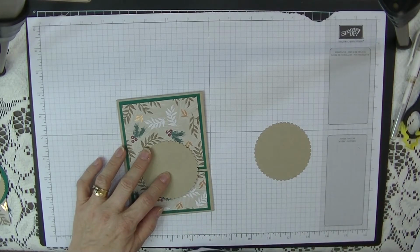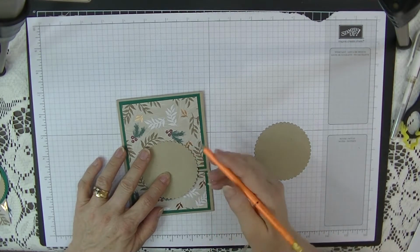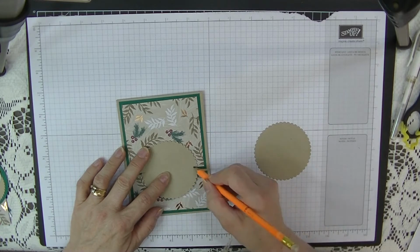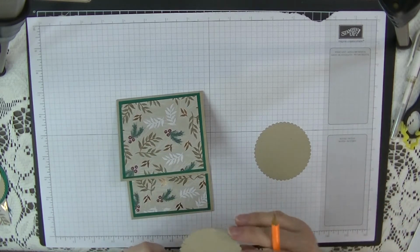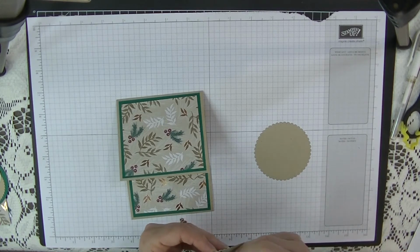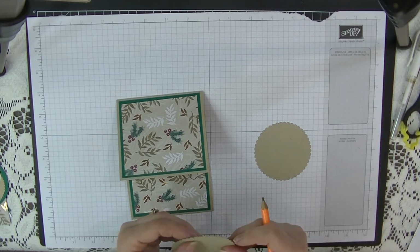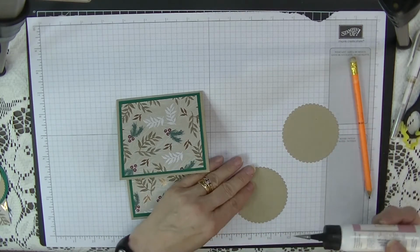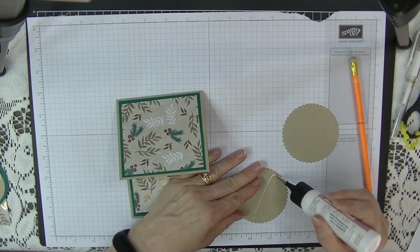And I need a pencil. I forgot I need a pencil. I'm just going to mark this just here on the inside, because this is the inside, so we're not going to be able to see it, and we can just draw our line just above it on the outside so we know to put our glue above that line